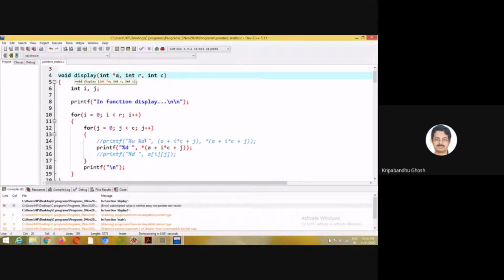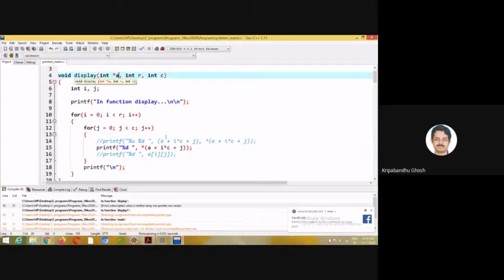So it takes it as the starting address, and from there it is trying to calculate the other elements of the matrix like a one-dimensional array. So imagine you have the starting address of a one-dimensional array.